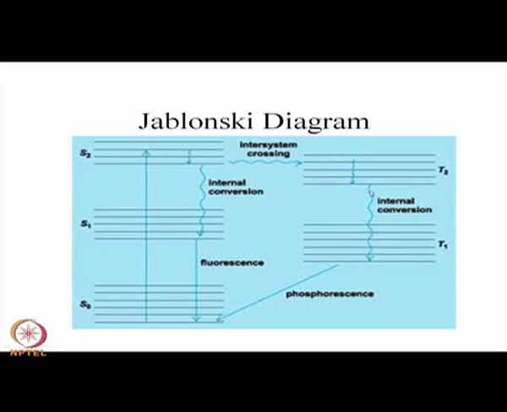So squiggly arrows are basically non-radiative processes, and direct arrows are basically radiative. Downward direct arrows are radiative processes. So from here to here there is a radiative de-excitation. Of course, there is no conservation of spin from T1 to S0. So that means T1 to S0, since it does not